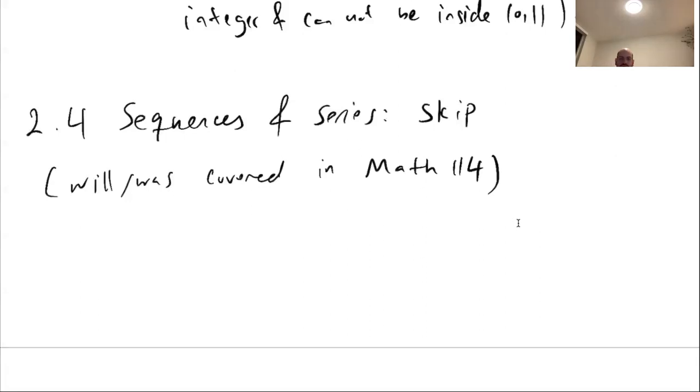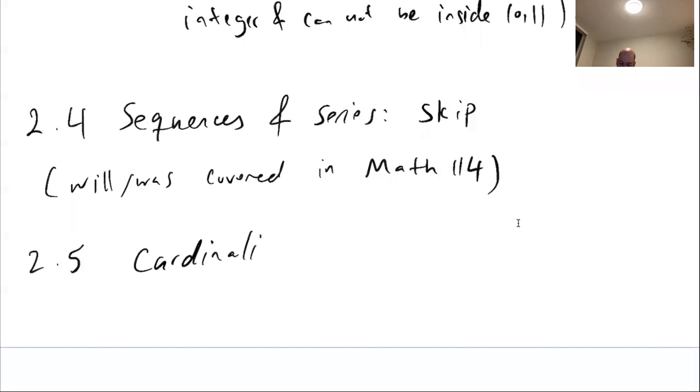But one full chapter in Math 114, Calculus 2, is about sequences and series, convergence of sequences, convergence of series, the tests for convergence, and important types of series. For this reason, I don't want to go into the details again in this course. So let's move on to the next section, 2.5,